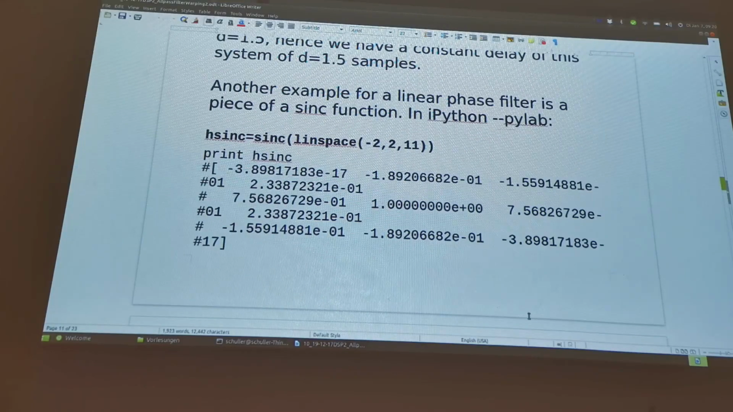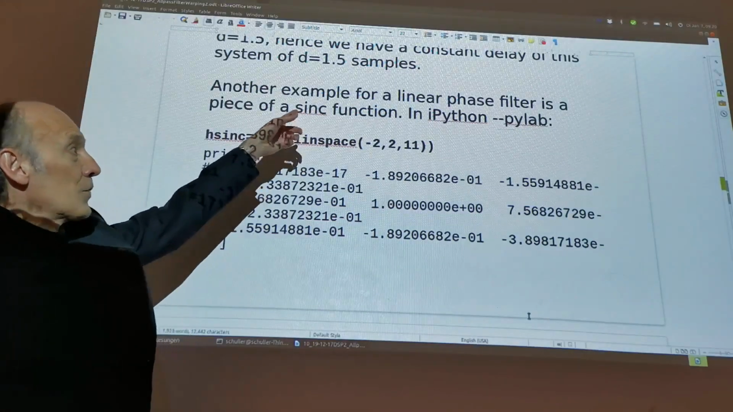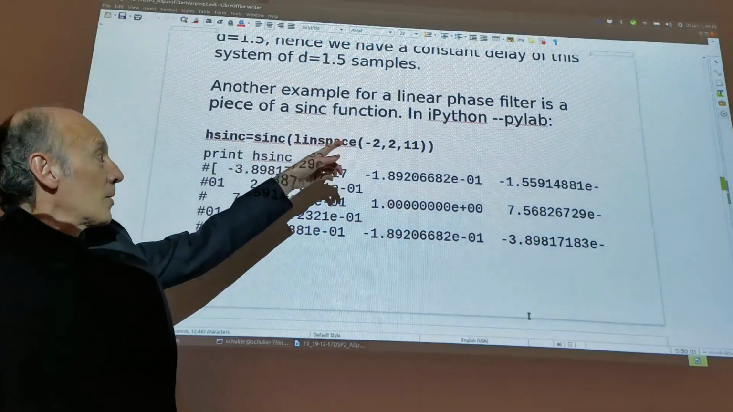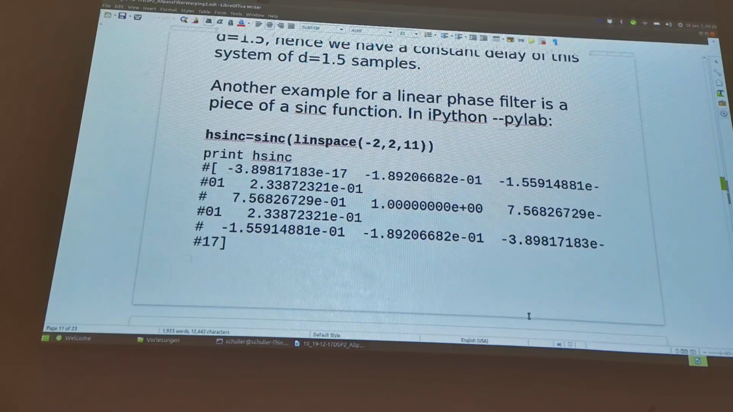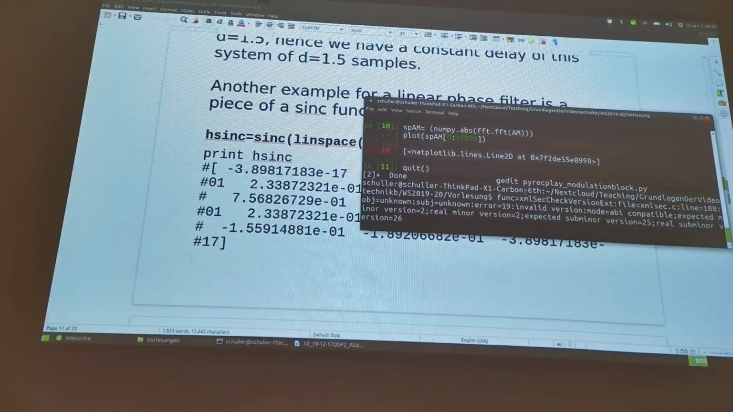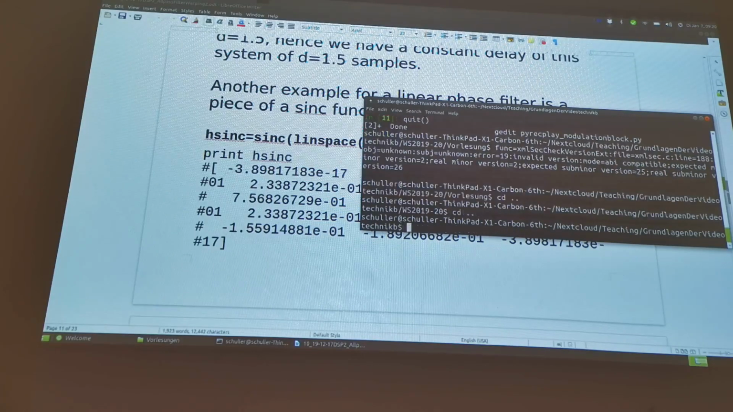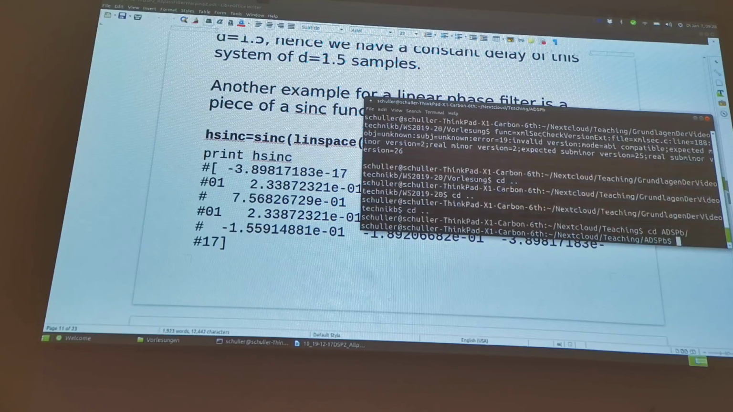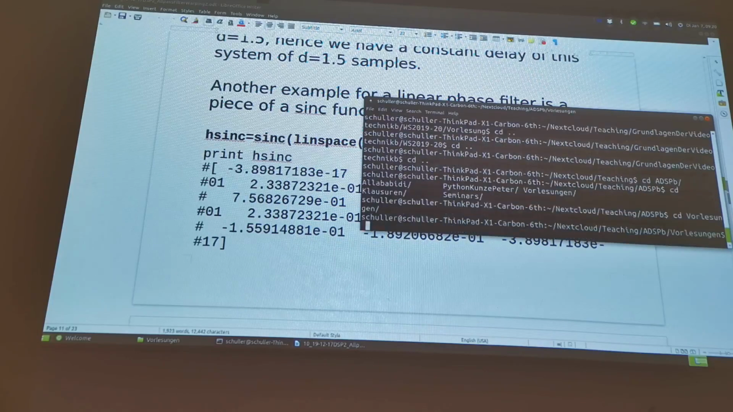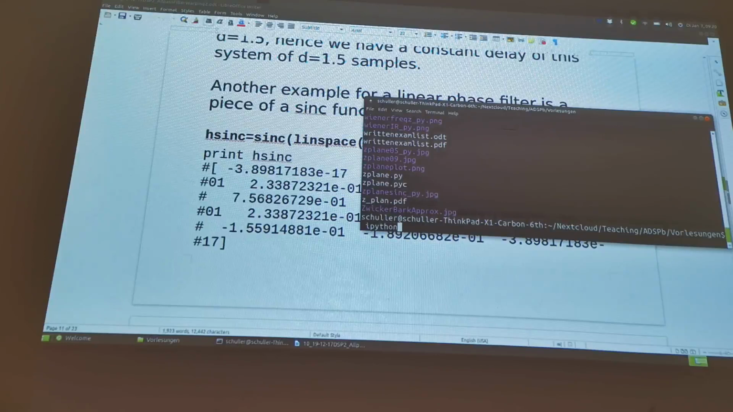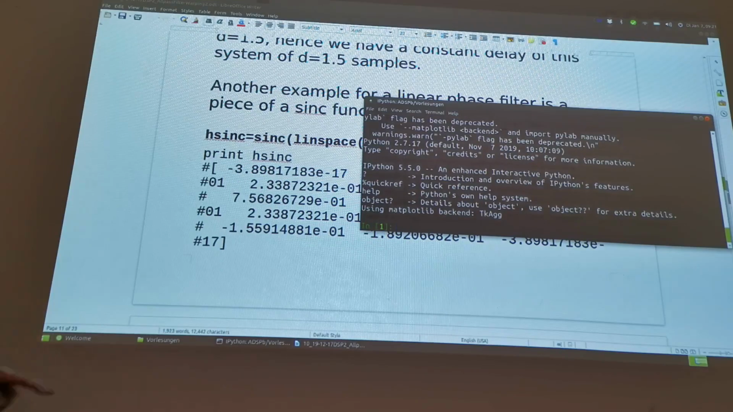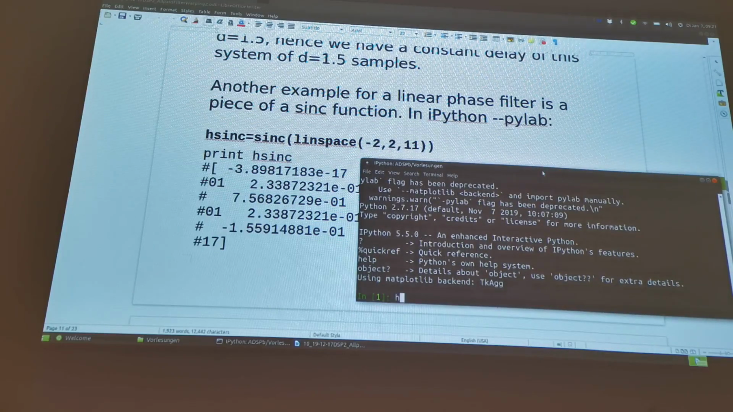Here's another example for a linear phase filter. It's basically a piece of the sinc function. In IPython with pylab, I just use those lines. Remember, you can easily start IPython pylab from the terminal. Let me do that here. I have ipython --pylab. Here I'm using a Linux terminal shell, and here we are now in the IPython interactive mode, and I can just copy and paste this line, or just type it: hsinc